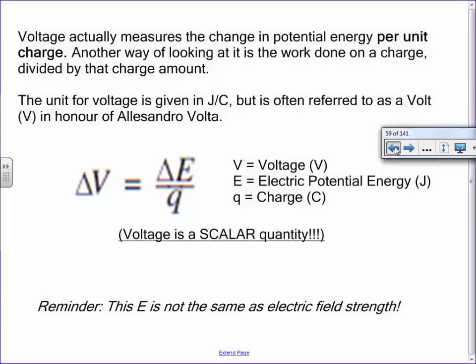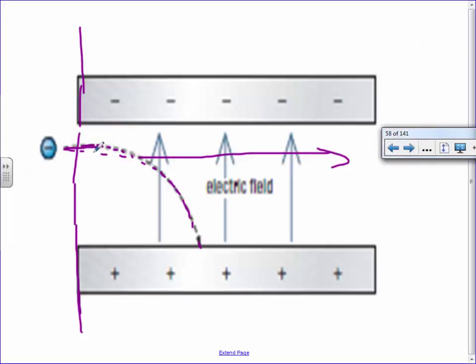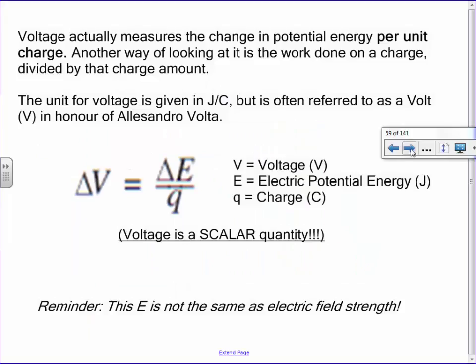Let me go back to a picture here. Here I have an electron, right? An electron has a very small amount of charge. Well, it wouldn't be fair to compare something that has 1 Coulomb to something that has 100 coulombs, because one of them is going to have a different energy difference. Isn't this one going to be sucked across at a medium speed, and isn't this one going to be pulled across really fast, just based on the fact that one of them has more charge to it? So your voltage is based on how much energy change you have, but per how much charge you're looking at.